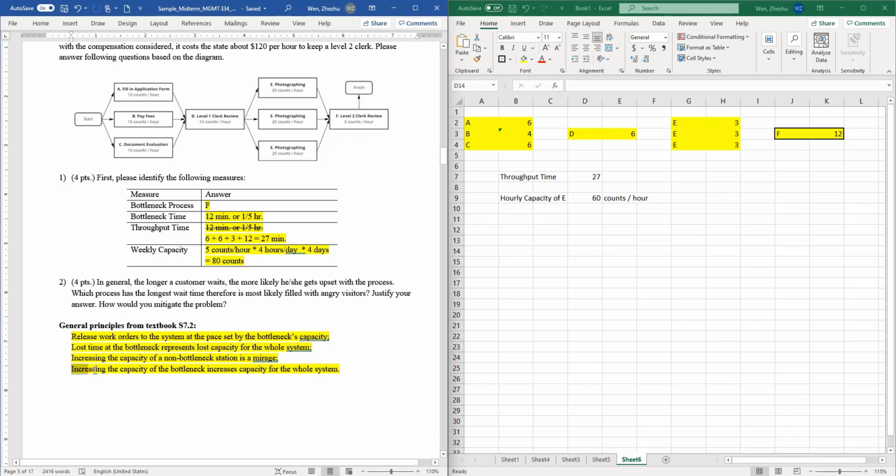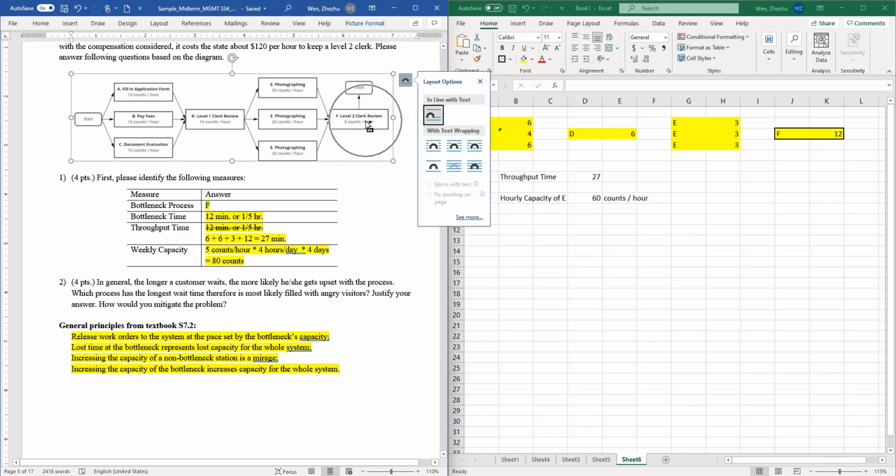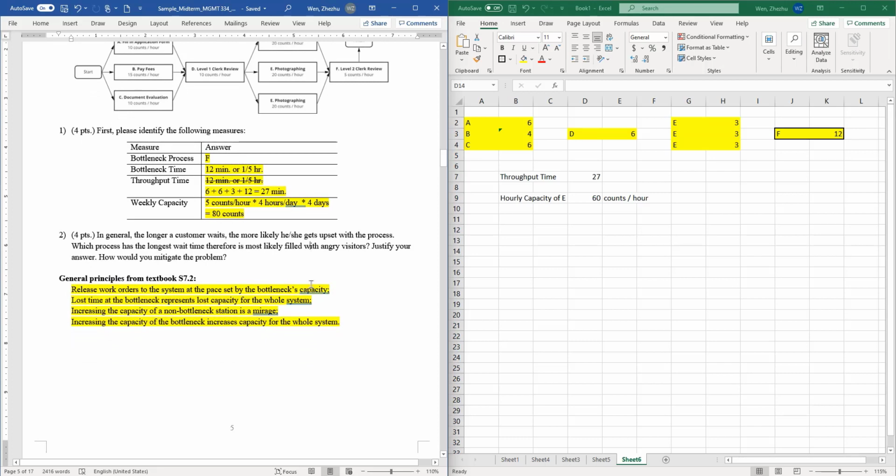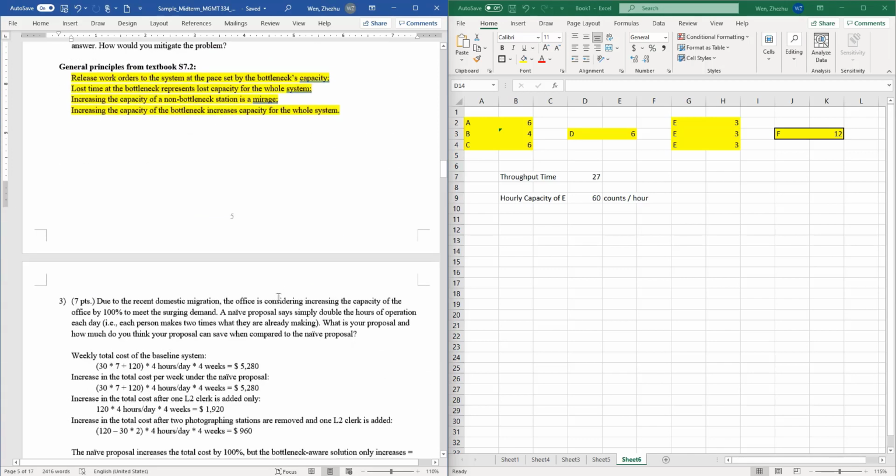So increasing the capacity of the bottleneck increases the capacity of the whole system. So you need to try to increase capacity in here. That sort of should be the conclusion, or some of the perspectives you will be using to try to mitigate the problem. And number three